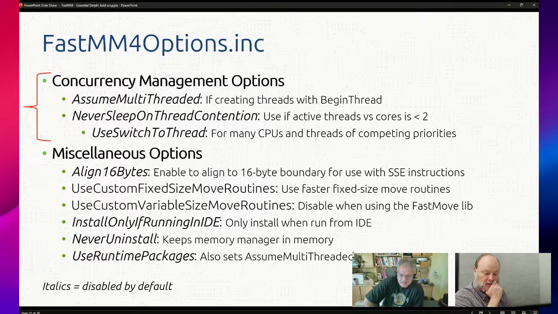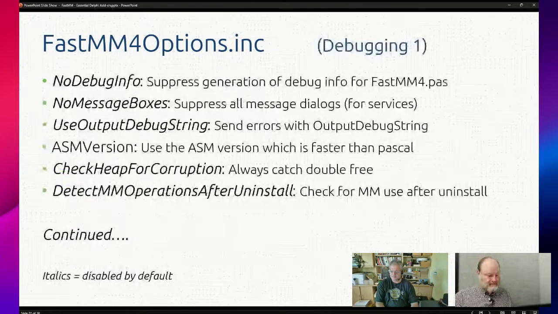In FastMM, I don't remember if it was the 11.2 time frame or 12.0, but move routines in the RTL were updated recently, and they are really, really fast now. Oh wow, okay, that's good to know. Thank you. So that's on by default if you get it from GitHub, so you want to turn that off.